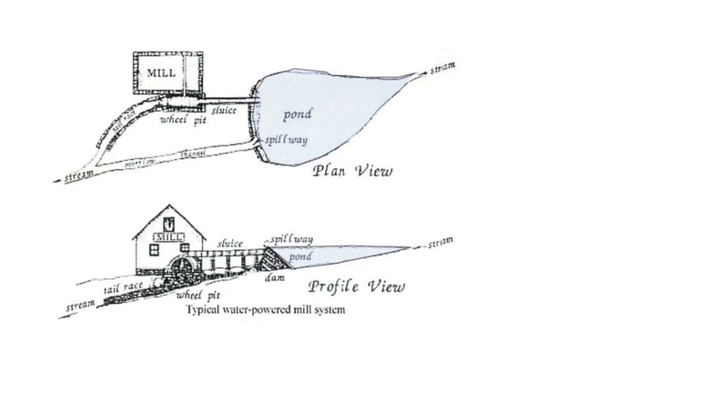So here's a sketch of a mill and a mill pond, and this would be in plan view. And you can see how the stream comes in and it goes through the pond and splits and comes back together. And so there were different configurations for how these went, but you typically have a race in the main stream channel. In profile view, you can see the mill pond here and the mill, and then this would be a tail race where it's going back to the stream. And this could be a grain mill, it could be a sawmill, it could be one of any number of other